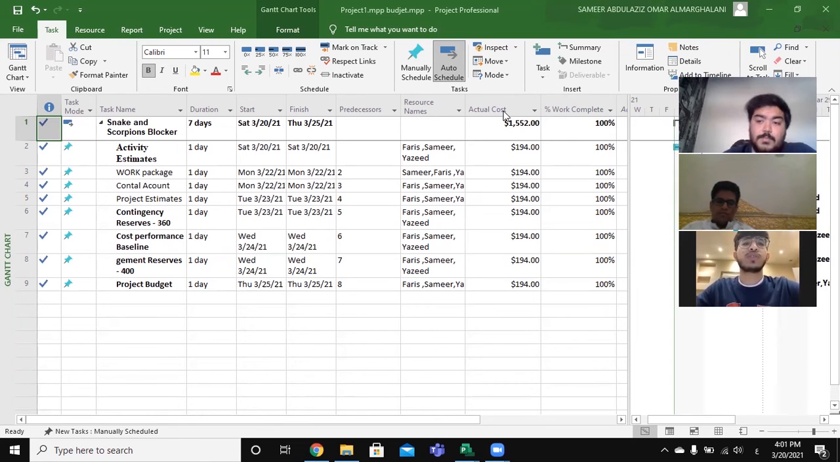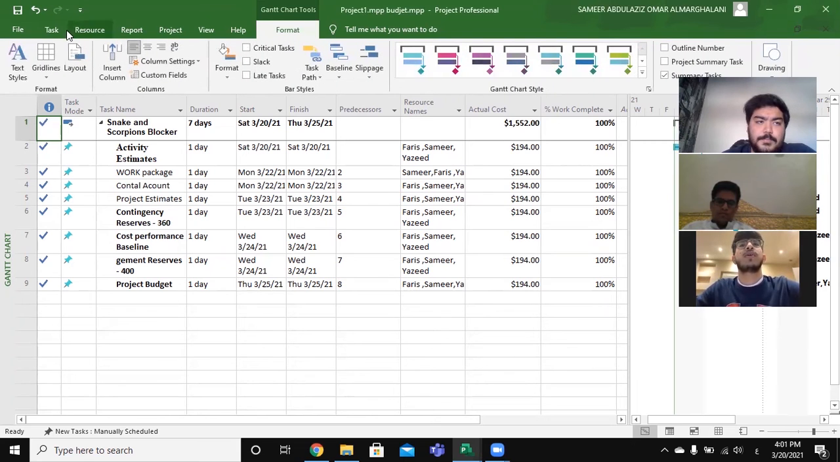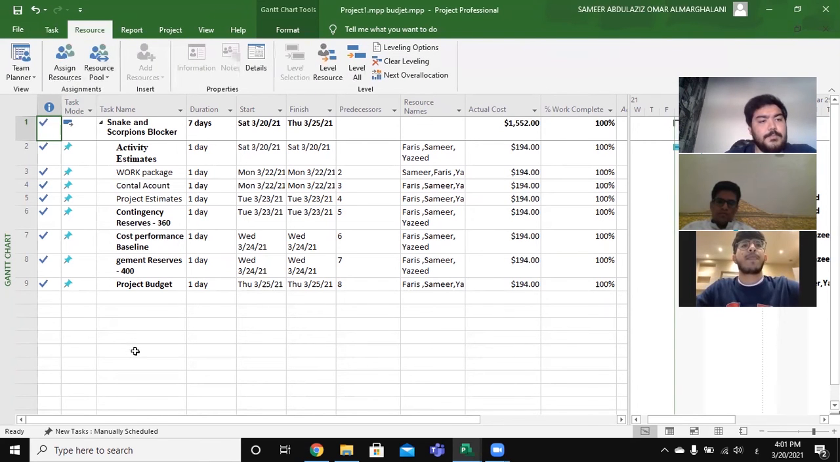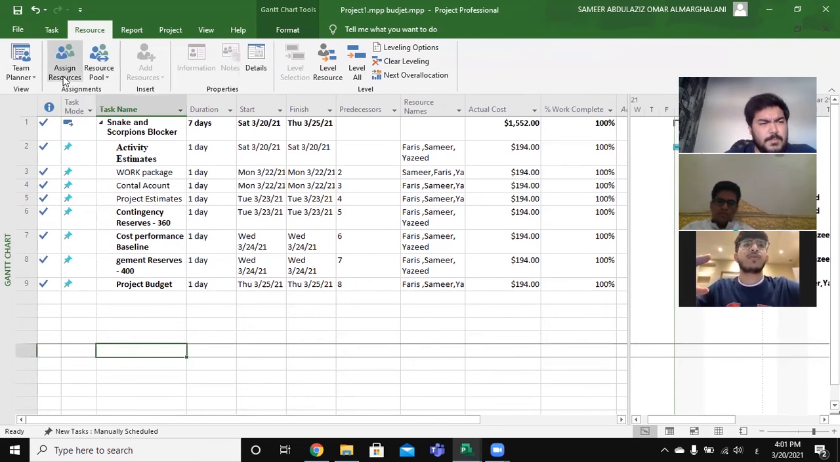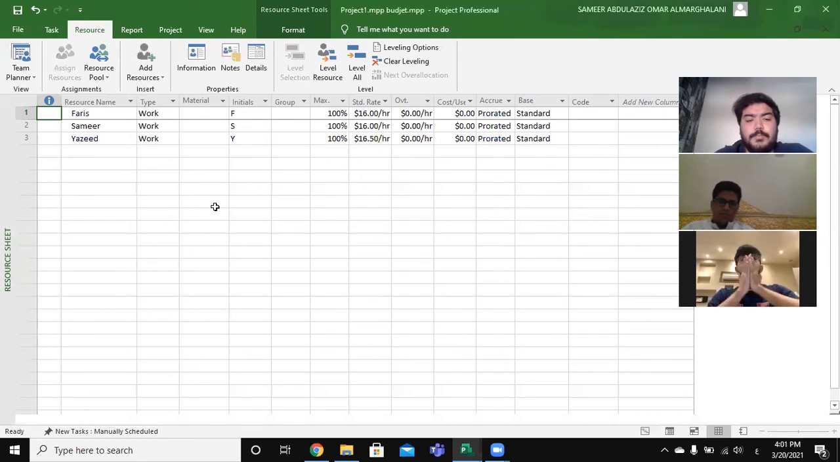Sameer, please go to resource sheet. Go to tasks. Yeah. Okay. Here, the resource name, as Yazeed said, me and Sameer and Yazeed, and we do some calculator and